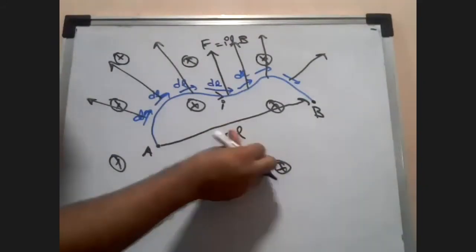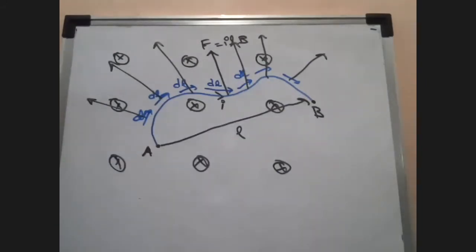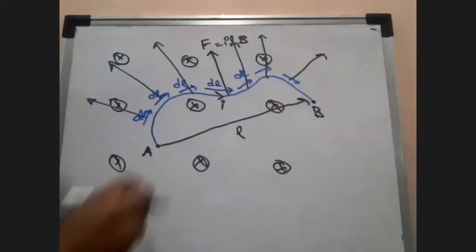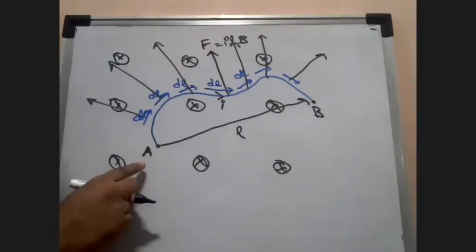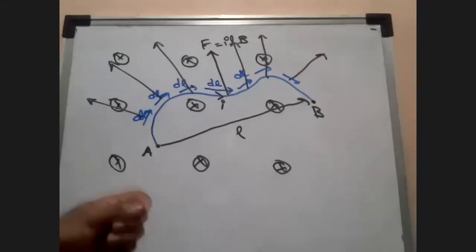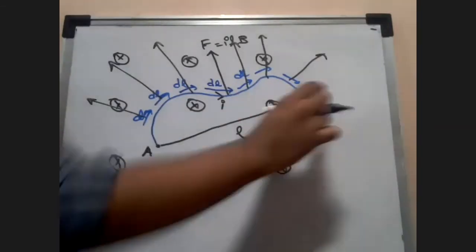Sorry, it's not a dl now, it is L. So from the starting point, listen to me, again I'm telling you, any wire which is in the curl form, just take a length vector which is starting at A and ending at B, take the shortest path you can ever find. The shortest path is of course a straight line. So take the length vector to be the shortest route of the wire from the starting point to the ending point. What will be the entire length of this?